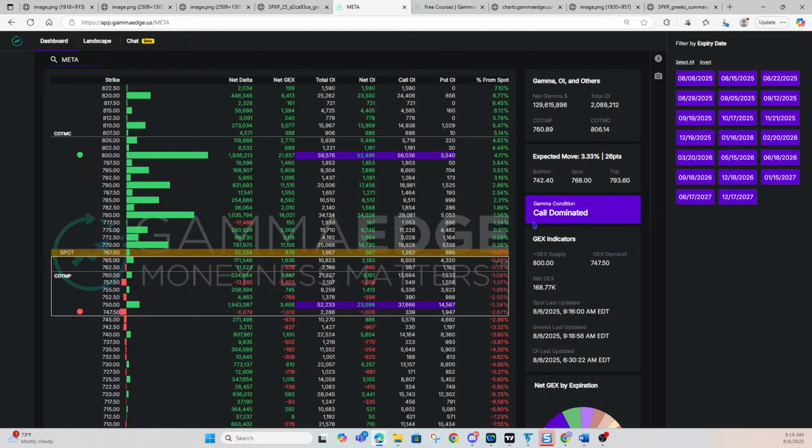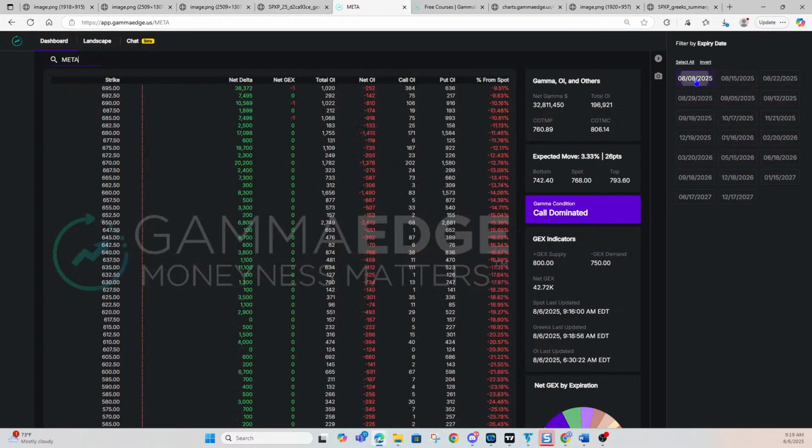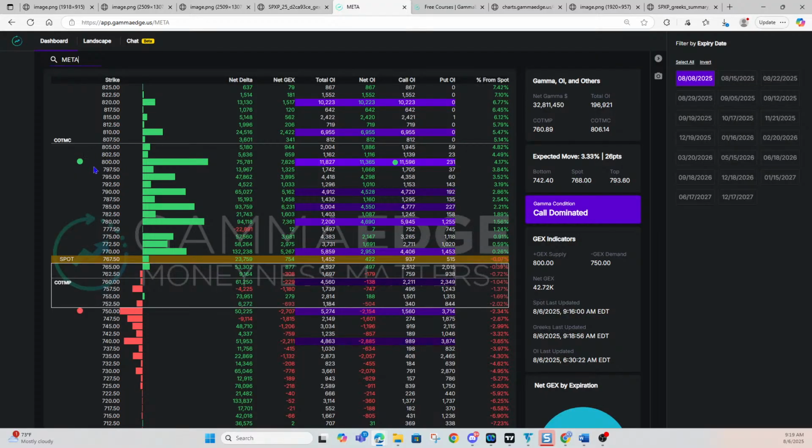So Meta, all expiries turned on, call dominated, PGX at 800, spot price above transition, so that's bullish. As long as we're staying above transition, you see call speculation to the upside, so that looks good. 770, 780 would be the next area to the upside I'd be watching. Again, supportive type action if you pull down into transition as you're call dominated. Let's look at Friday. PGX 800, COI's 800, so definitely call speculation to the upside. Not saying that we would move up towards that 800, but any pullback should be supportive as long as we're staying above transition as well as COTMP. Meta looks fairly good